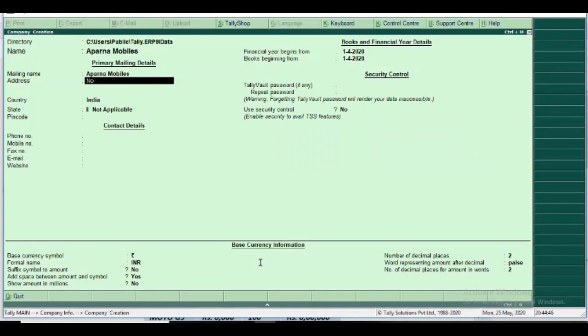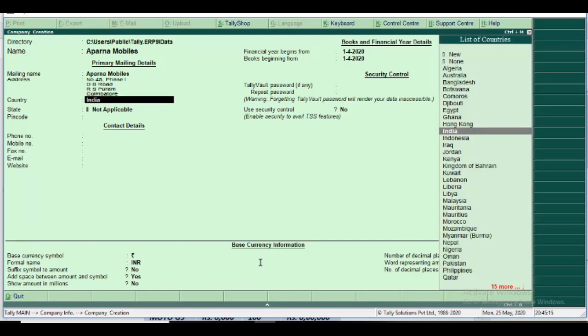Number 45, Space 1, DB Road, R.S. Puram, Coimbatore. Country is India.